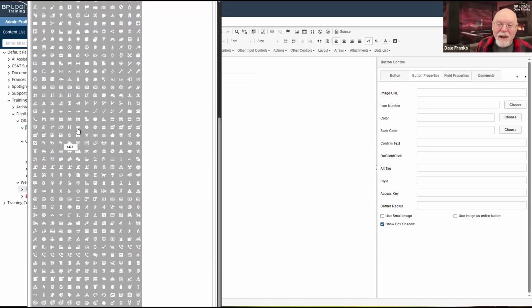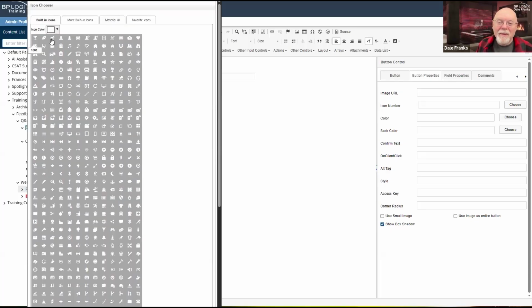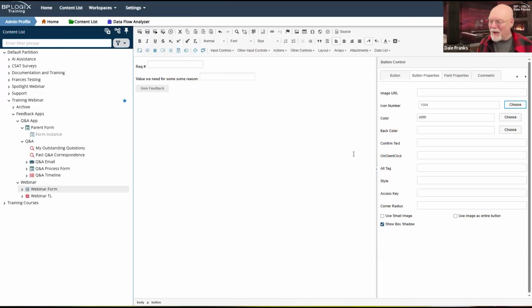So I'll just throw on a person icon there, and I will set the back color of my button to 082F4D, and I'll make that a dark blue button.